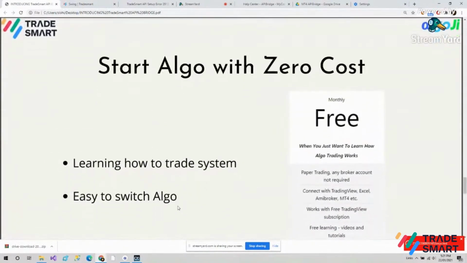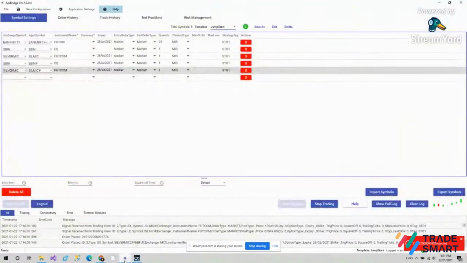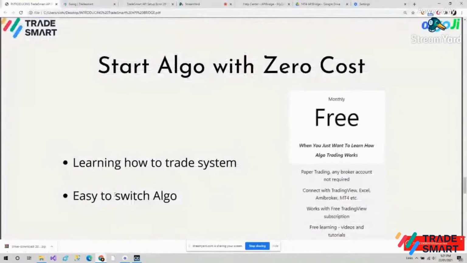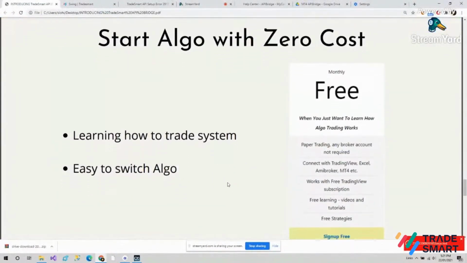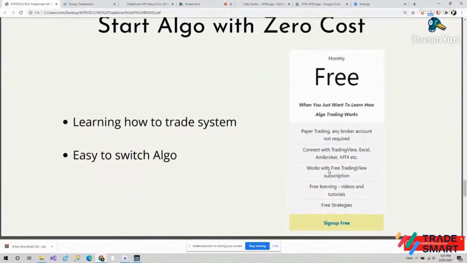And you can start algo with zero cost. If you are new to the market and you want to test and try things, you want to try the API bridge software, you want to test this algo terminal, you can try it for free. Just register for paper trading mode, and you'll be able to learn how to trade with a system.